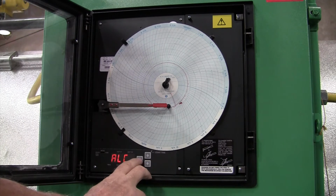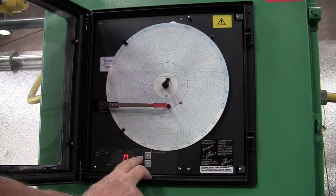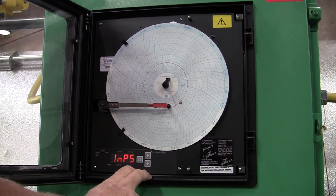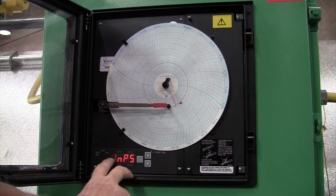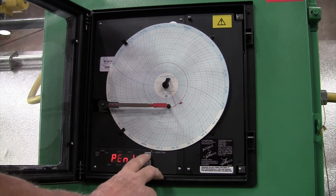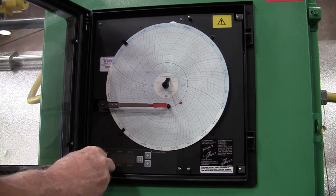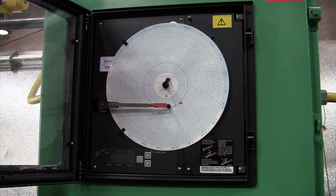The alarm, again, the alarm is always going to want to be on. That's what controls your relays, that tells your valves to open and close at the appropriate time during the cycle. Now we're done with that section. If we were going to get out of this, you have to go all the way back to INPS and push the up arrows until you get back to program. Then you merely switch it back to run, give it a few seconds to reboot,